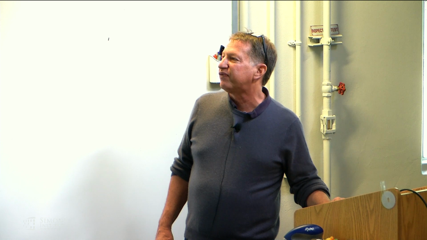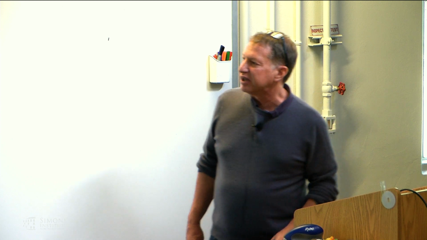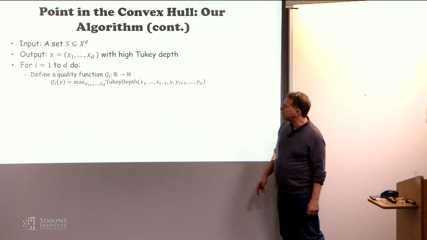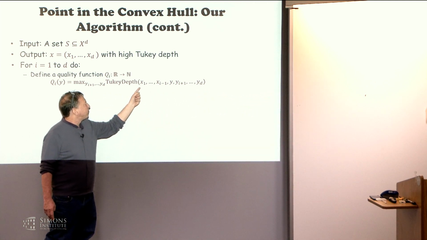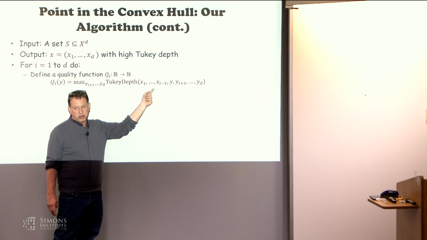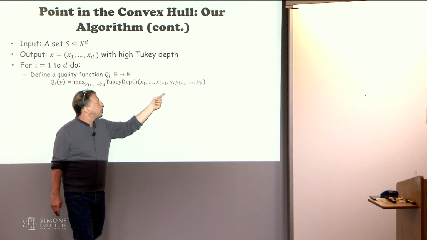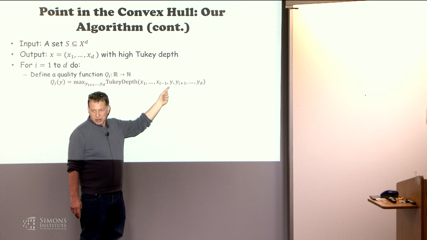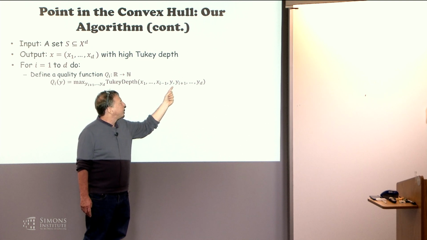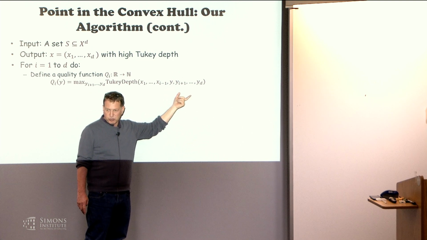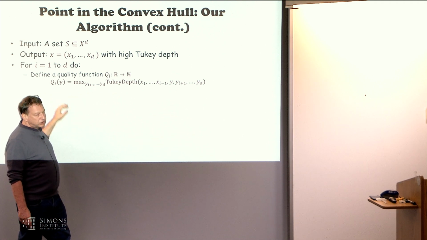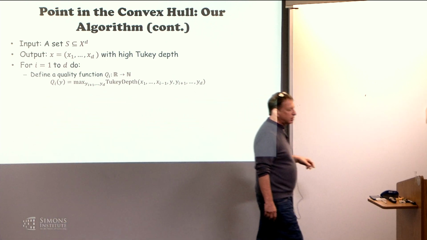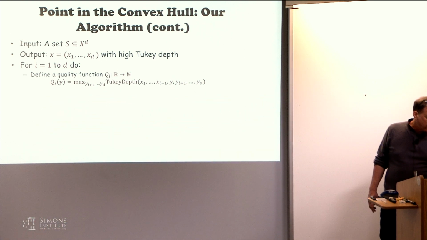Okay. So in general, we do this in the d-dimensional case for all coordinates; we want to find the points x1 to xd. For each i equals 1 to d, we define a quality function which is the same as the previous quality function, but in this case we fix the first i minus 1 coordinates that we already found. This is the y that we want to define the quality of, and we look at the best extension to a point in R to the d. So this is